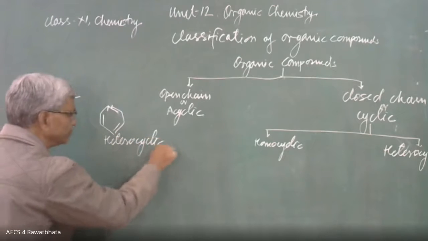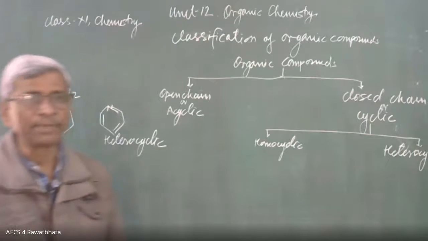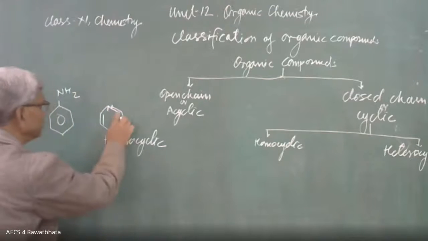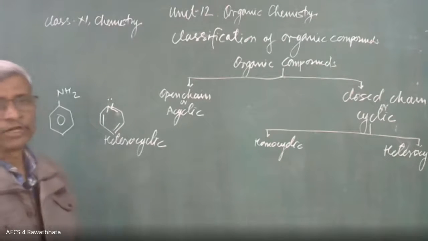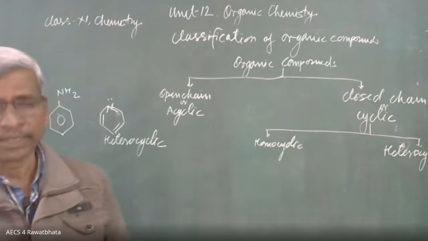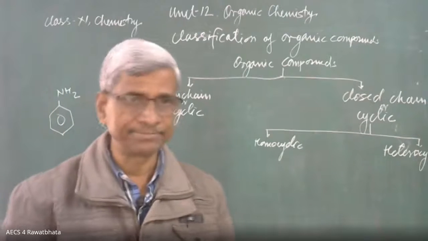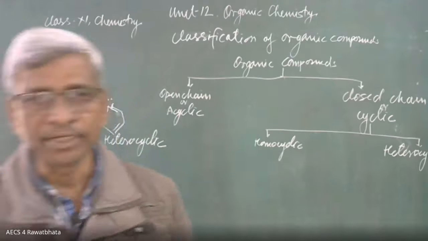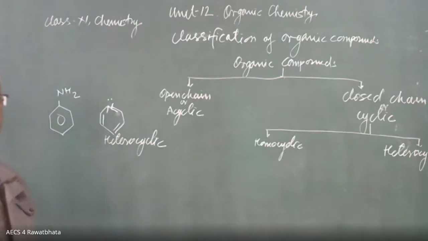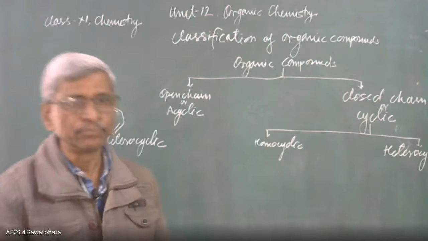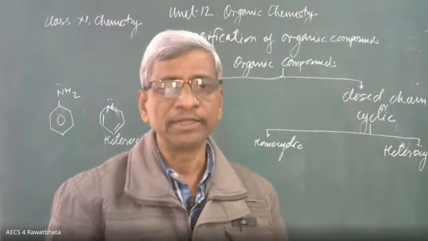That is the heterocycle. This is called a heterocyclic compound, its name is pyridine. Here nitrogen is present, having a pair of electrons. This pair of electrons can be donated by pyridine, and it is a mild base. Pyridine is a weak base. And this is called aniline. Aniline is much stronger as compared to pyridine. Pyridine is also a basic compound. Here is a lone pair of electrons and it can be donated easily, but aniline is much more basic than this heterocyclic compound.